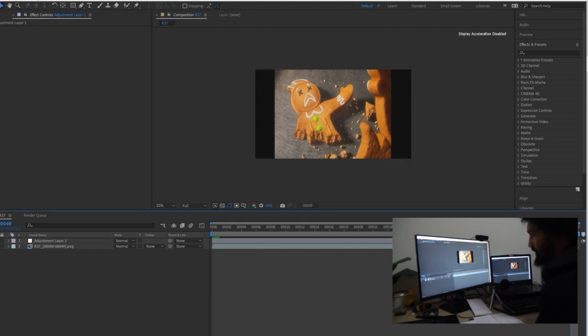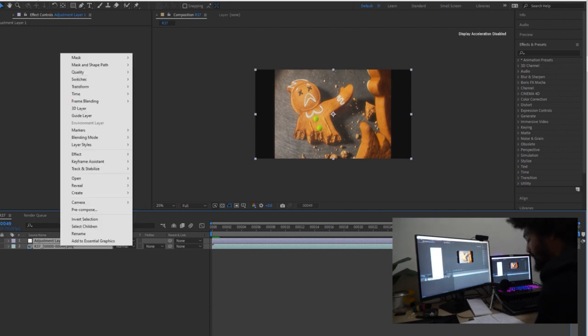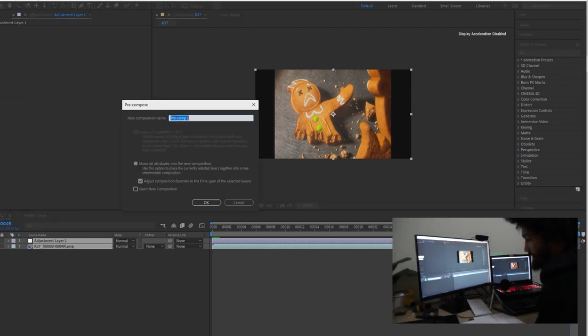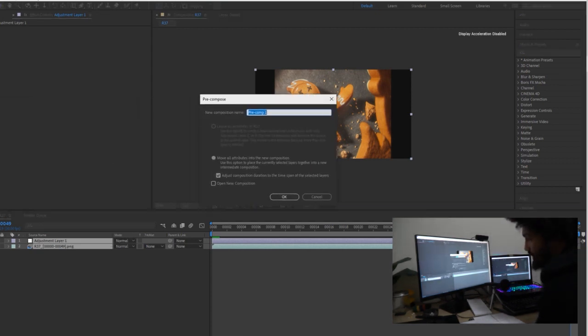We're gonna work on the pre-composition. So imagine you did an effect here and you want to copy this footage multiple times. So I'm gonna left click, right click, and do a pre-compose. The pre-compose here is another composition in the composition. So we're gonna call this pre-comp one, and we can put everything inside